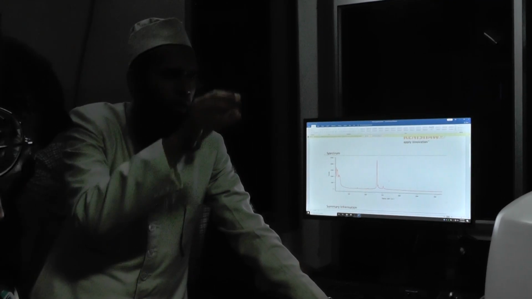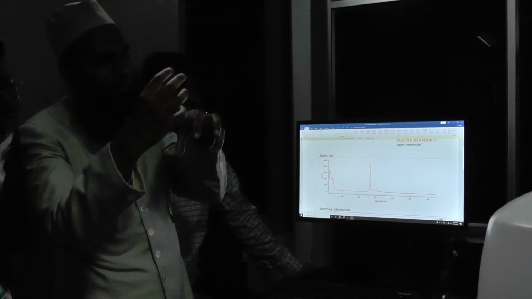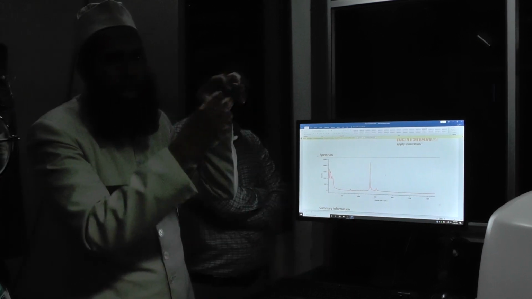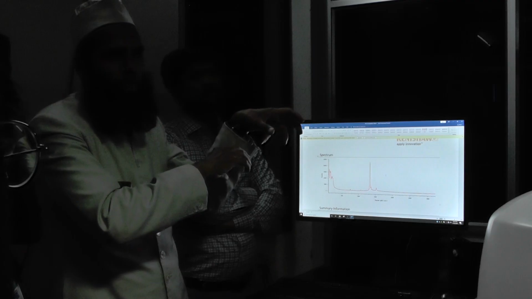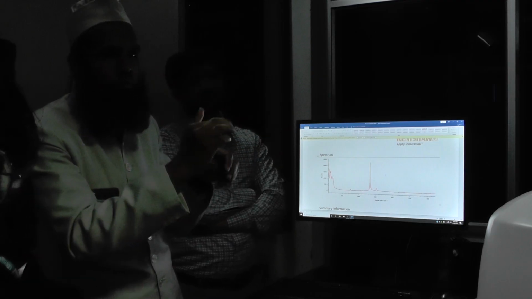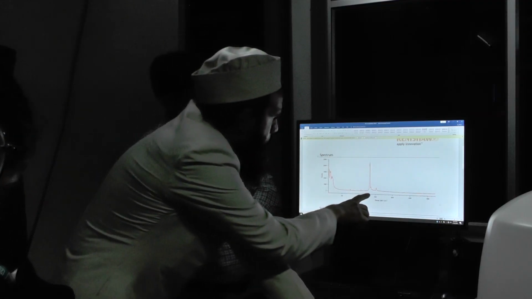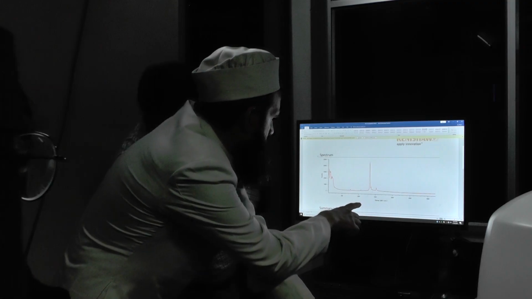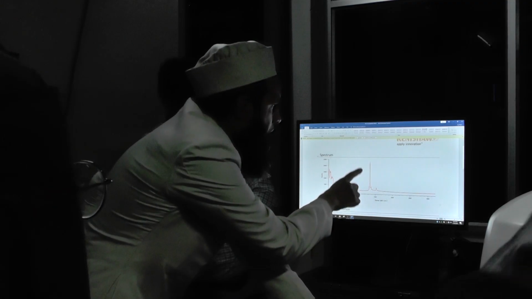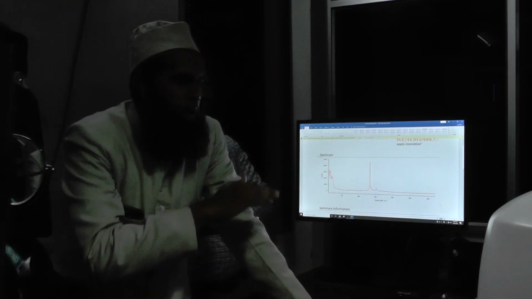अभी हमने डिस्कस किया था ना, the h nu is the energy which is focused on the molecule, and then the scattering. In case of the Raman, in case of the Stokes line, this is h nu minus delta nu. So this delta nu is the Raman shift, which is the shift on the basis of the h nu. In the case of this sample, this is around, I think, 1350. So this band represents the G band for the planar structure.